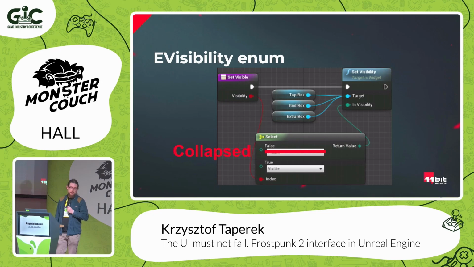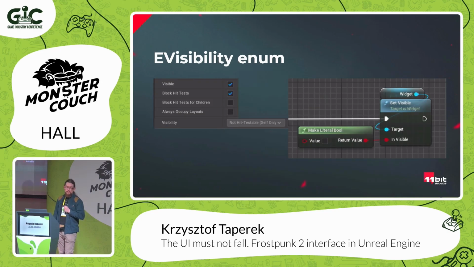And probably it was an error because hidden is not the correct one usually, because it still sits in layout. So it's still calculating, and it's still affecting the performance. So collapsed is the correct one here. So we just made a really small change, and we split that into 4 bools, and that's it. And we are just changing them from blueprints using a simple single bool. That was very easy to change in the code, because we didn't change any mechanic at all in code, only some access functions.